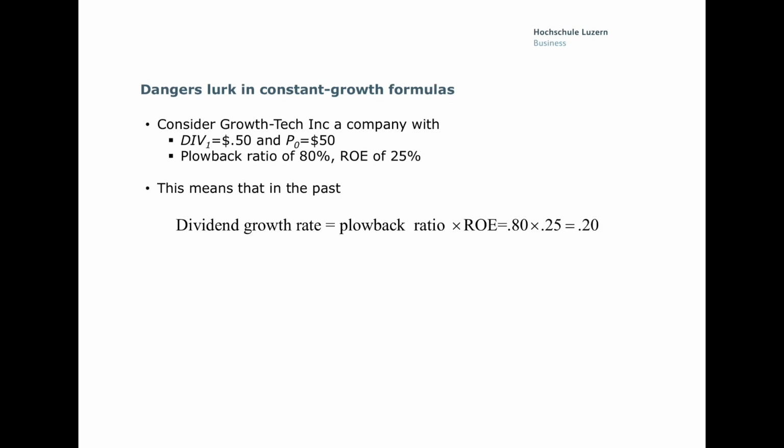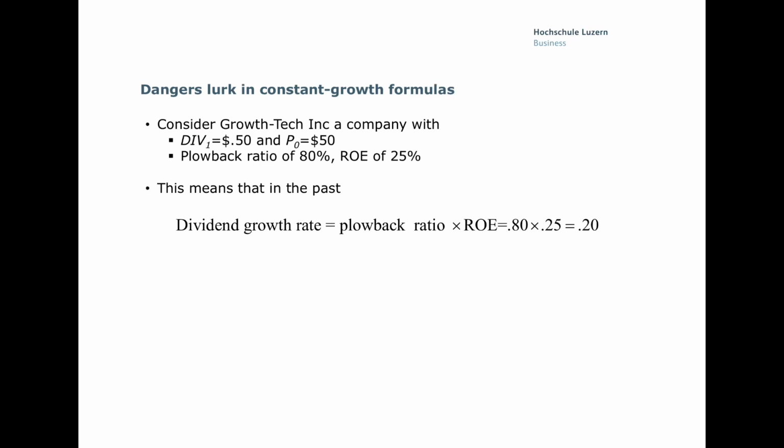To illustrate the problem associated with the constant growth formula, let's have a look at Growth Tech Inc. Suppose the current stock price, P0, is $80 and a dividend payment of 50 cents is expected to be paid. The company's plowback ratio is 80% and the return on equity is 25%. The product of plowback ratio and return on equity yields the dividend growth rate, which is 20% using the numbers